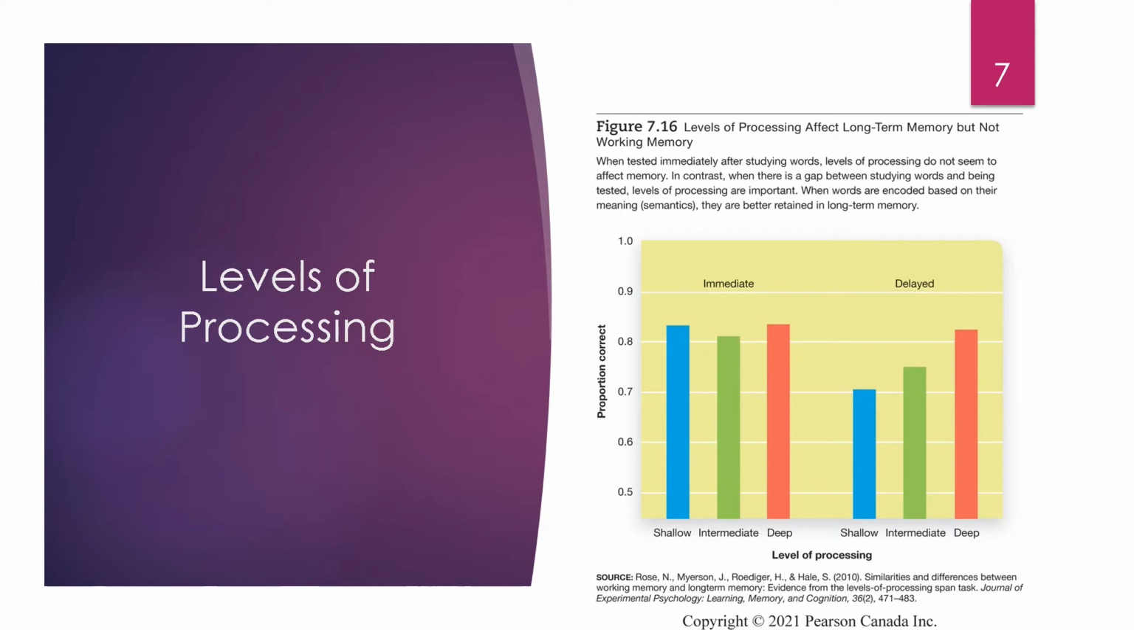So here's a little bit of information about the levels of processing and how they affect long-term memory but not working memory. If somebody was tested immediately after studying some words, say they had a list of words, and in one group they were asked to do shallow processing, so they were asked to just look at the words, think about how they sounded, how they looked, and try to remember them, and other people were asked to give a deeper meaning to the words and associate them with concepts they already knew or relate them to something,